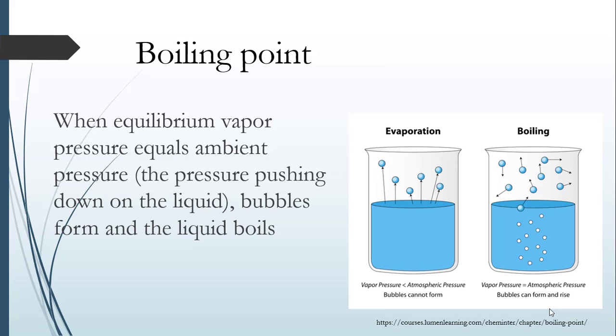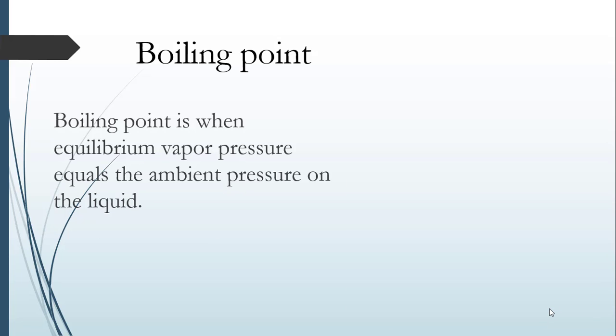So you can see on the left what evaporation looks like. Because the vapor pressure is less than the ambient pressure, bubbles can't form. When you reach the boiling point, the ambient pressure and the vapor pressure are the same. Bubbles can now form, and what is contained in the bubbles is vapor of the liquid. So we can now define boiling point as when the equilibrium vapor pressure of the liquid equals the ambient pressure